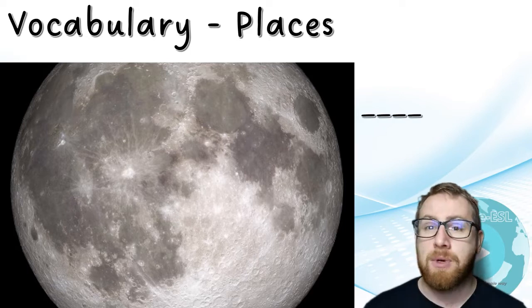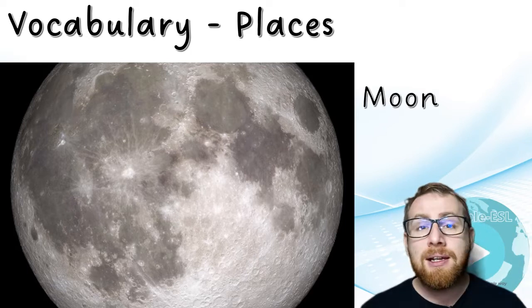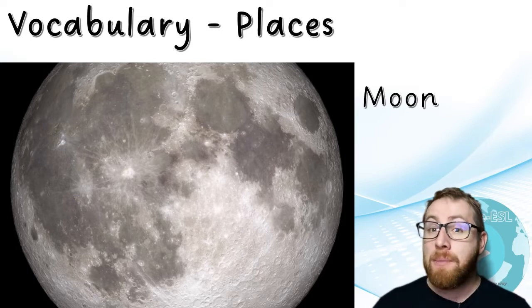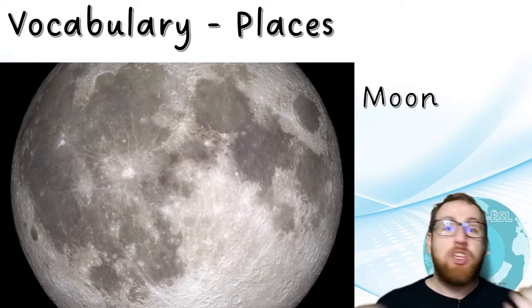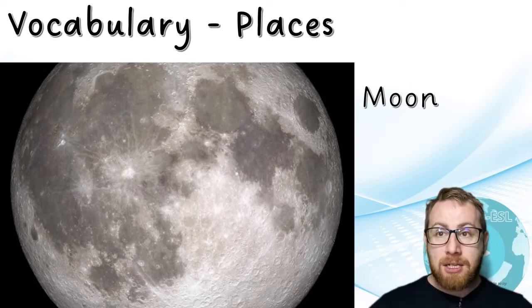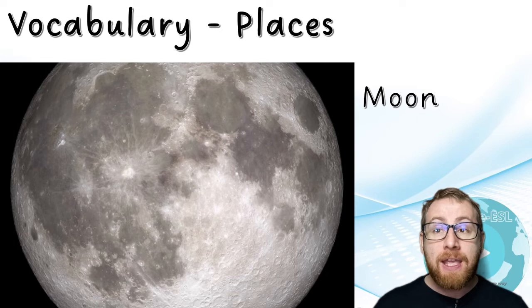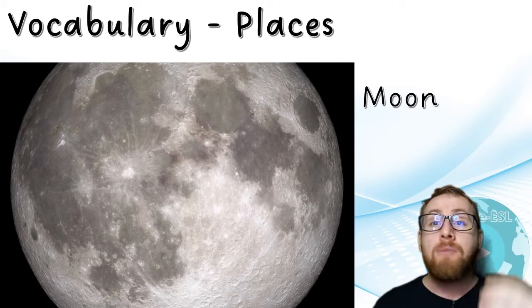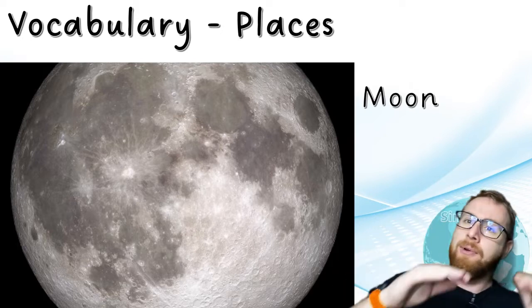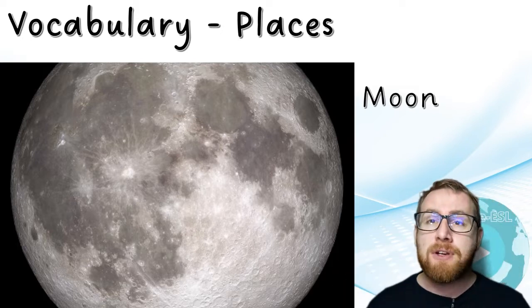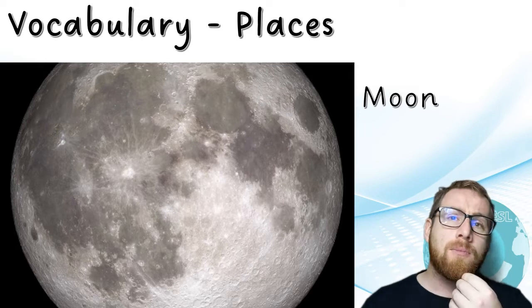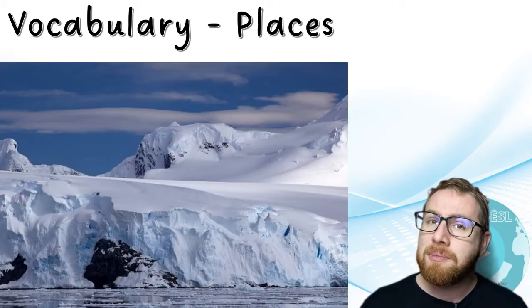We should all know this one. It's in space. It's the moon. And what would be difficult about the moon? Everything. You can't breathe. There's no air. It's dirt. There's just dirt. There's nothing there. Think of Neil Armstrong on the moon. There's no gravity. You're bouncing around. What else could be difficult about living on the moon? What would you do to survive?